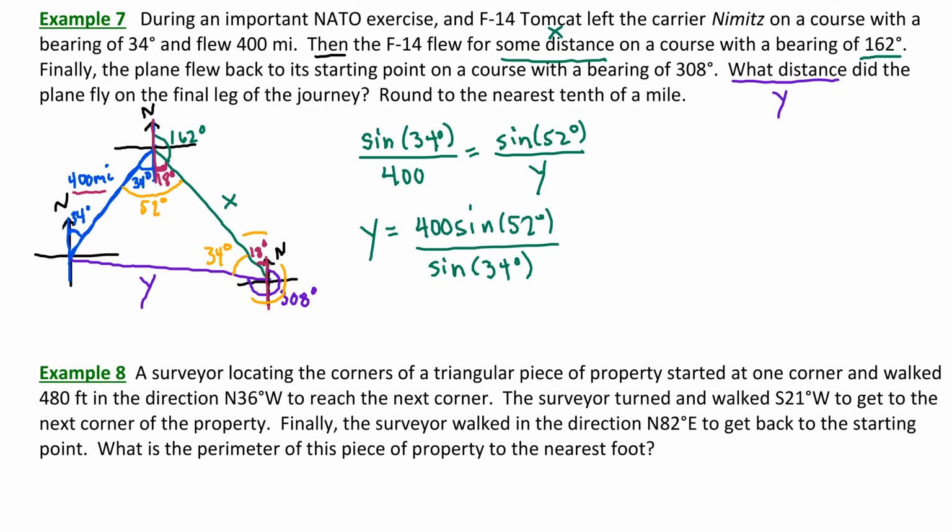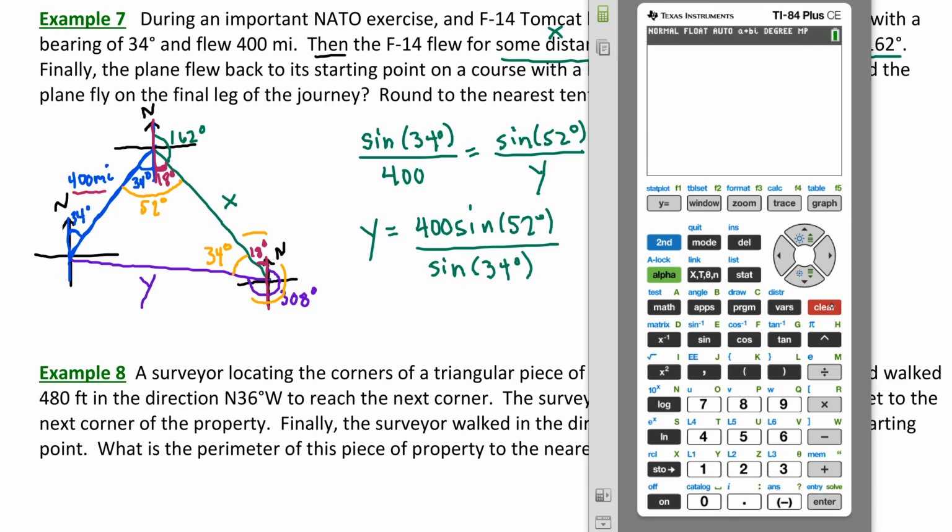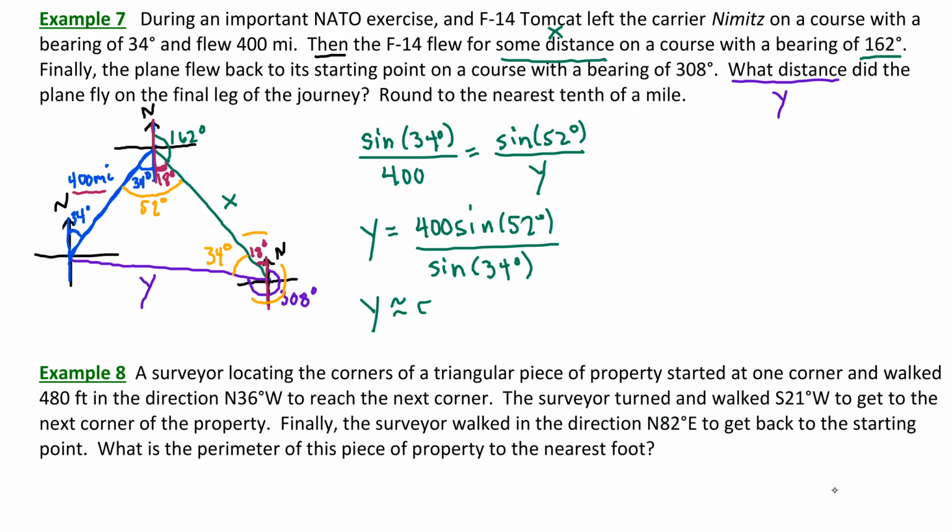Be sure that your calculator is in degree mode, not radian mode. We will be in degree mode for the majority of this chapter. So we have 400 sine of 52 divided by sine of 34, and this gives us, to the nearest tenth, 563.7 miles. So in order to solve for that final distance, we simply needed the bearing at each point,